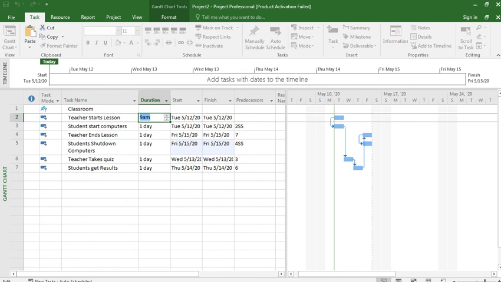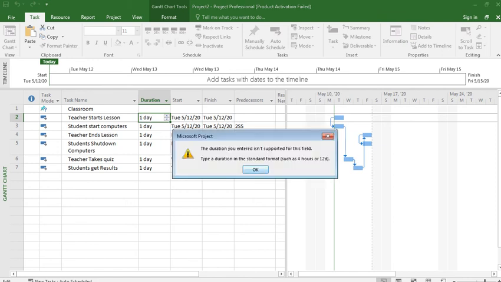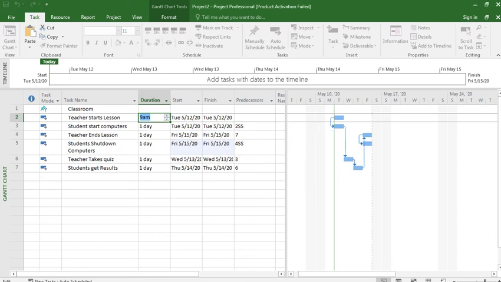It is not taking this, but I have used this. I don't know why, because we are scheduled. Okay, let's escape it.